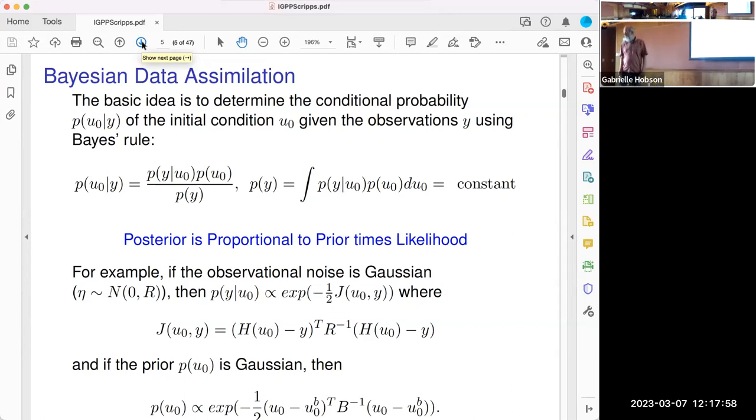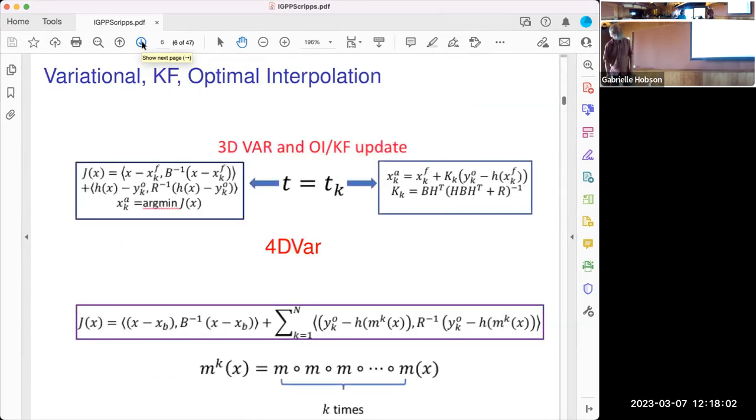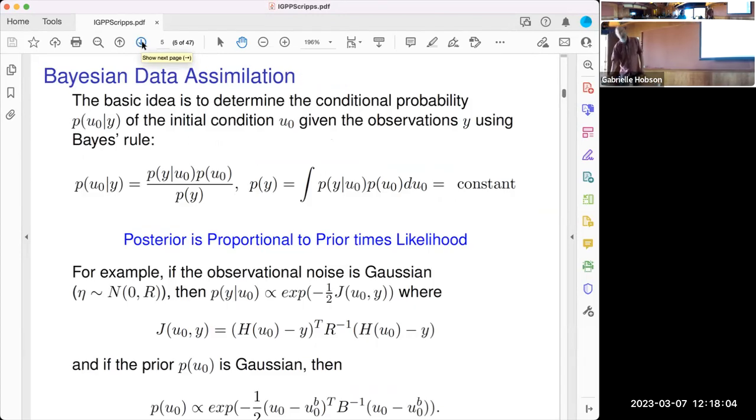And if we multiply these together, then we have what's basically going to give us something equivalent to what people call a simple Kalman filter or